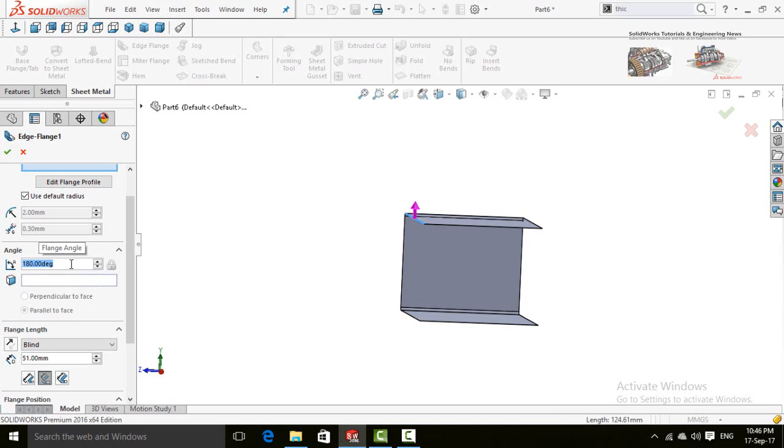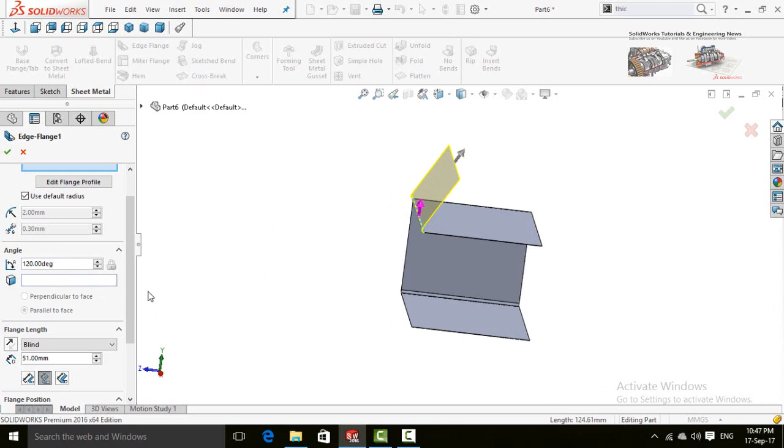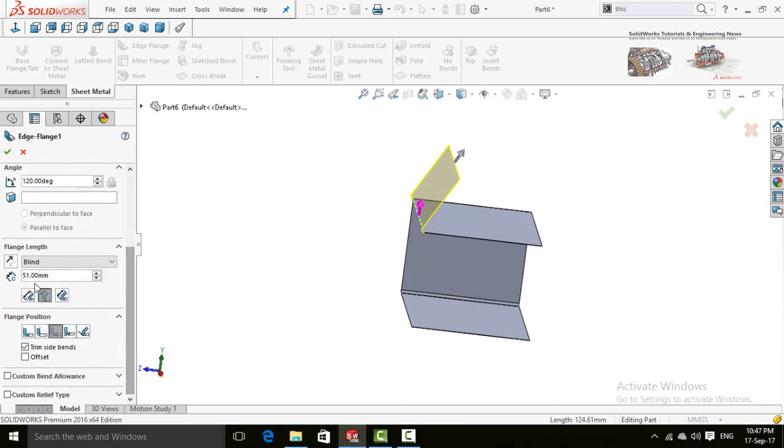For this time, let me select 120 degree. Here is the length for extrusion. See how it is working. This is the type of this distance from flange. Here is the flange position.